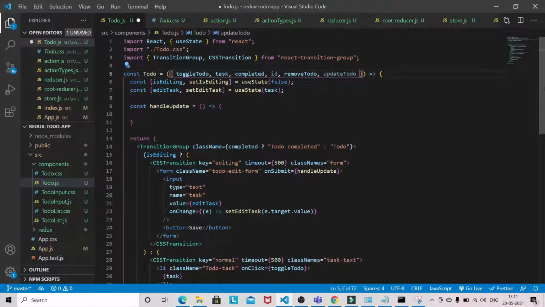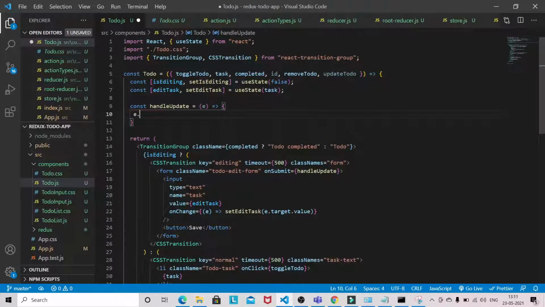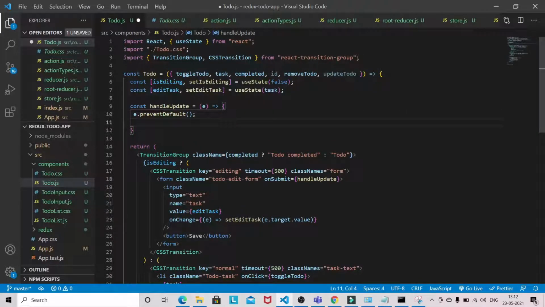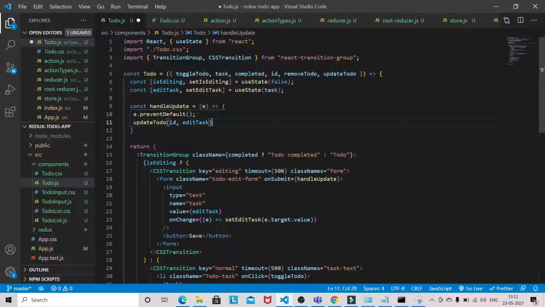Okay, so we have destructured the props now, and in handle update we'll again do e dot prevent default, update to-do, and we'll pass the ID which we are receiving and edit task.